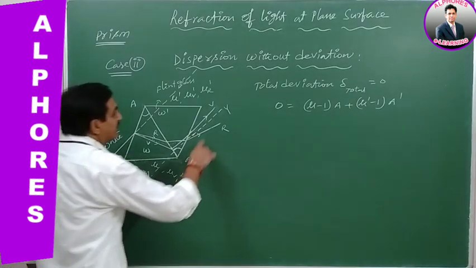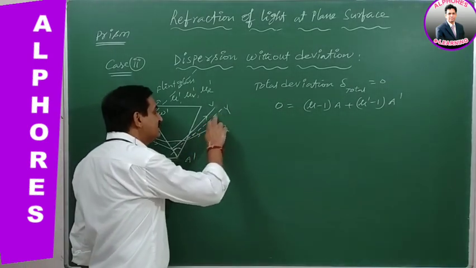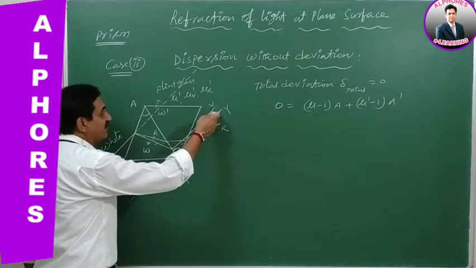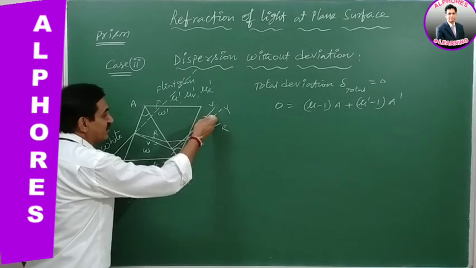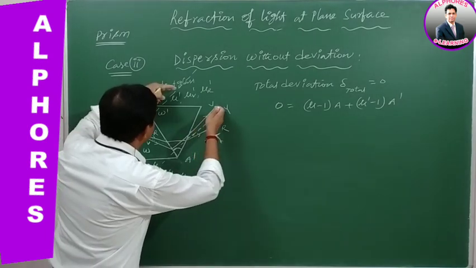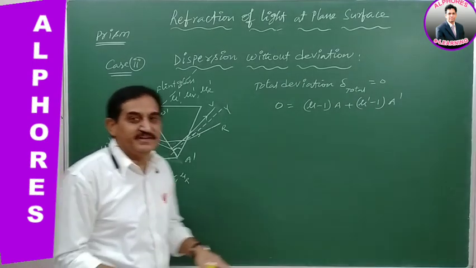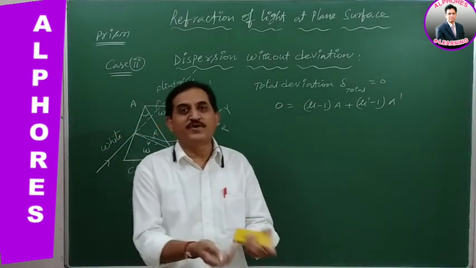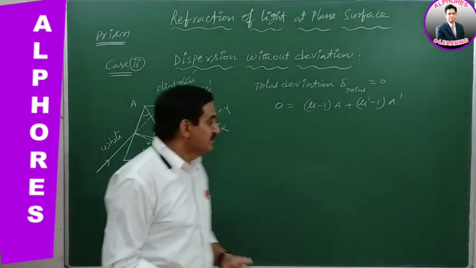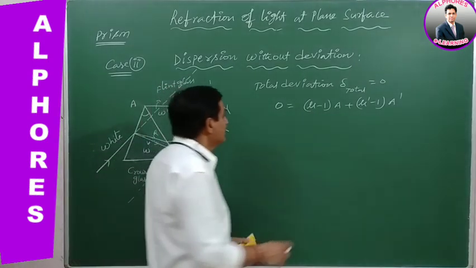Whenever we consider the VIBGYOR colors, yellow is the mean color. The mean color is taken as a reference to see whether it is giving deviation or not. The mean color ray and the incident light ray, these two, when extended, are parallel to each other. They never intersect when extended back or forward. There is no scope at all to intersect each other. Therefore, there is no deviation at all. The total deviation suffered by the light is 0.